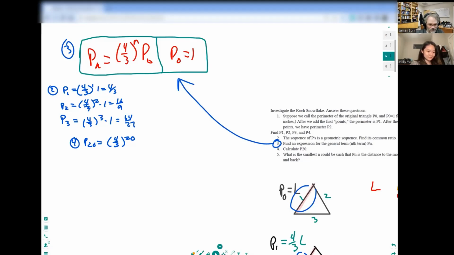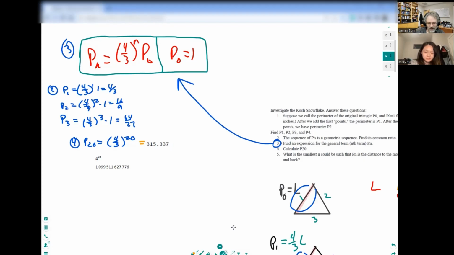If you were to take 4 to the 20th power, that's your value. Now, if you take 4/3 to the 20th power, that was a little bit more manageable, but eventually it is going to get out of control. This is what I get for the 20th power. So after doing this 20 times, 20 iterations, it's like I took a length of 1 foot and it got going exponentially, that is.